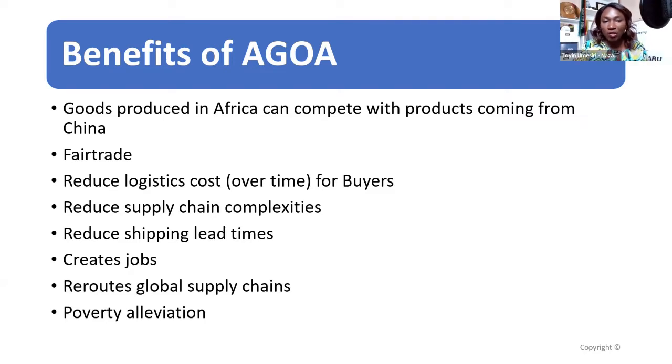So we're going to reduce logistics costs over time for buyers, meaning the cost of the overall transaction is lower because you are working directly with the source in Africa, not third-party players. The supply chain complexity, like I said, will be reduced, because you have to take things from Africa, take them to Southeast Asia, look at the transportation, the time, and then process it and then bring it back. If you can just eliminate those complexities, it saves everybody time. Reduce lead time, believe it or not. These are the things we want to tell people. Africa, in a geographical way, is closer to the US than China.